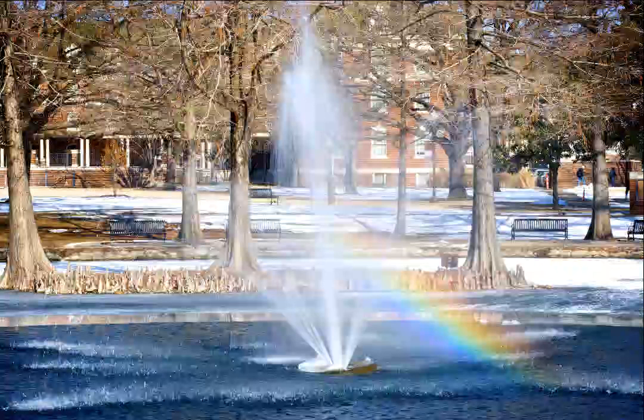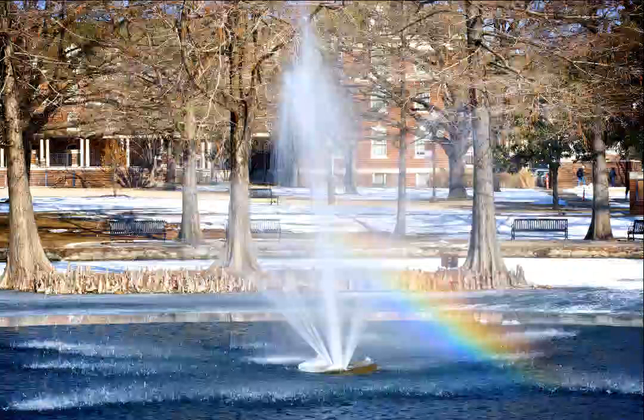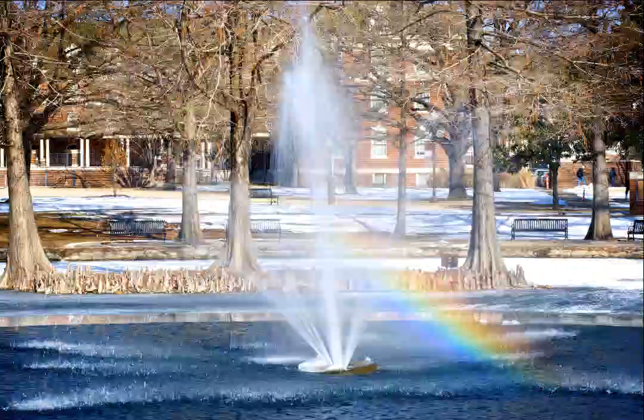But I didn't want a lot of people cluttering up the shot, especially with a longer shutter speed. Then the pedestrians are going to look like they're moving, and you don't want that. I just wanted to freeze the action of the fountain. Overall, I'm fairly pleased with the results, though I would like to go back and try again with the slower